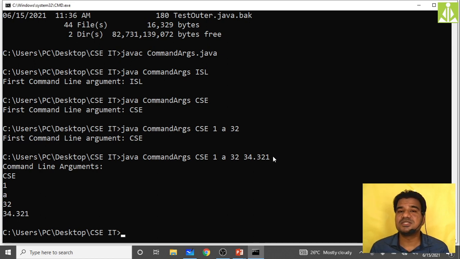It is a different concept that we will see in wrapper classes. Till that time you just follow the command line arguments, reading one single argument and multiple arguments. That's enough. Performing the operations comes after the wrapper classes.